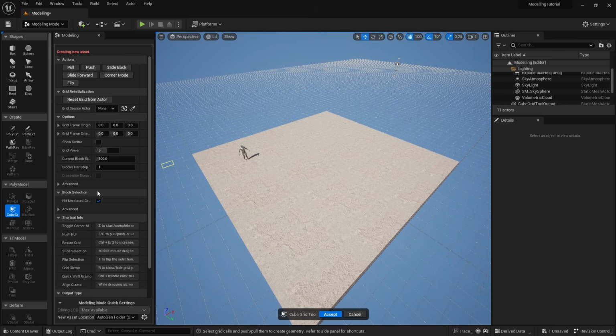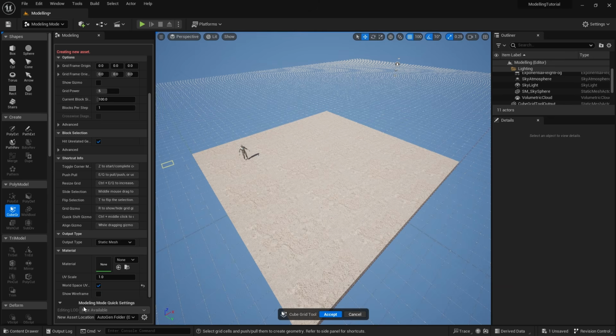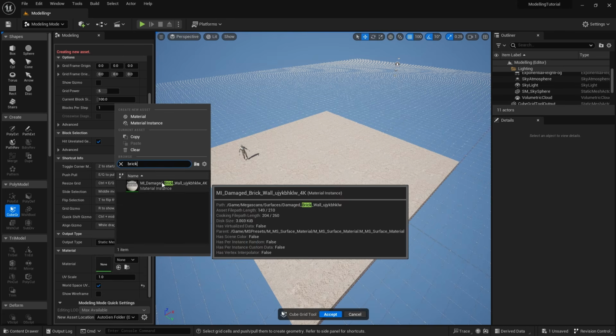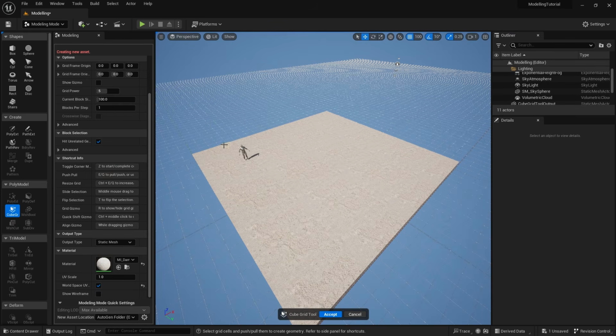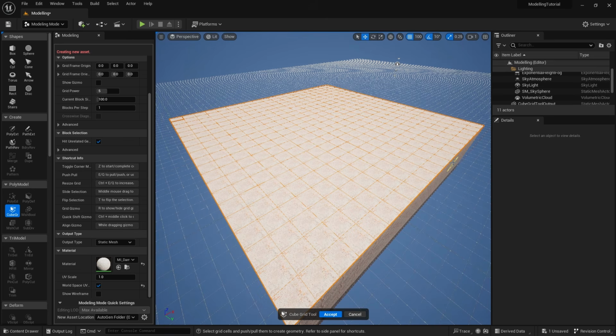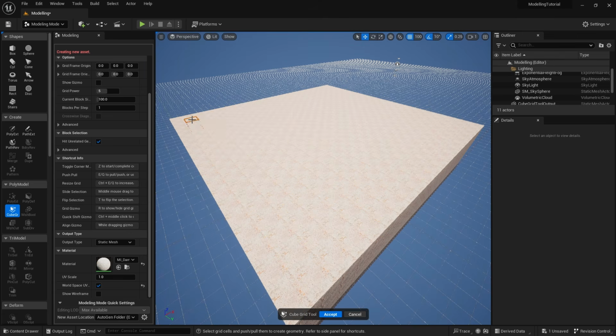This time actually I'm going to go down, and in the material here I'm going to assign the material before I start creating. So I'll go down here, type brick, and choose my damaged brick wall that I got from Quicksilver Bridge. And then what I'll do is I will drag from this side of the floor all the way to the other side, and then I will press E 4 times. 1, 2, 3, 4. That creates a 4 meter high structure,